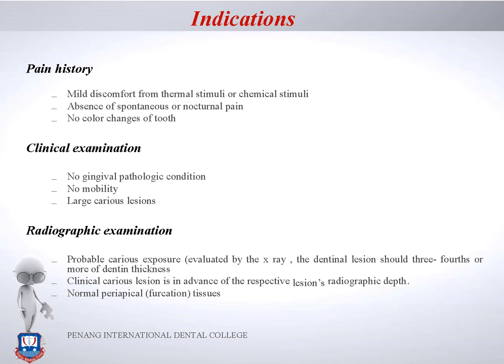So indications, like I said, when you're performing indirect pulp capping, we have to ensure that the pulp is normal or at the most having signs of reversible pulpitis. Okay, that means if you remove the carious dentine, you remove the cause of inflammation, the cause of infection, and the pulp can heal by itself. So it is reversible pulpitis. Any signs which can give you an indication of pulp necrosis, in those cases you cannot do indirect pulp capping.